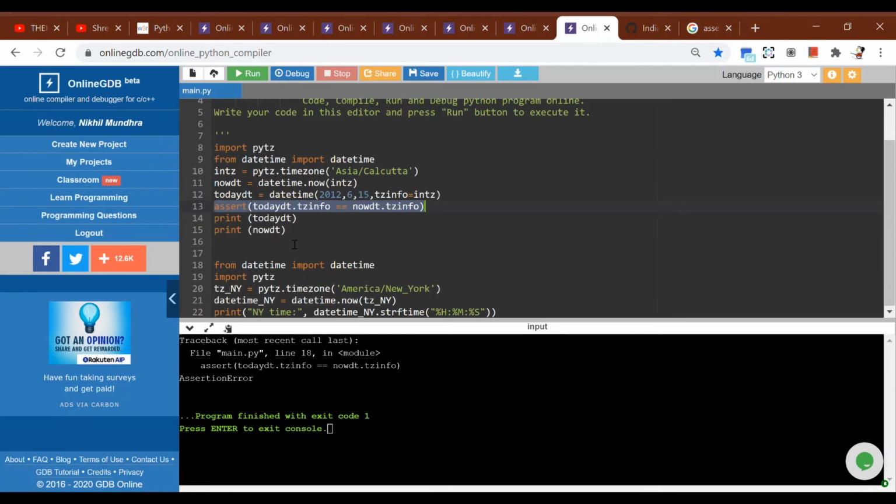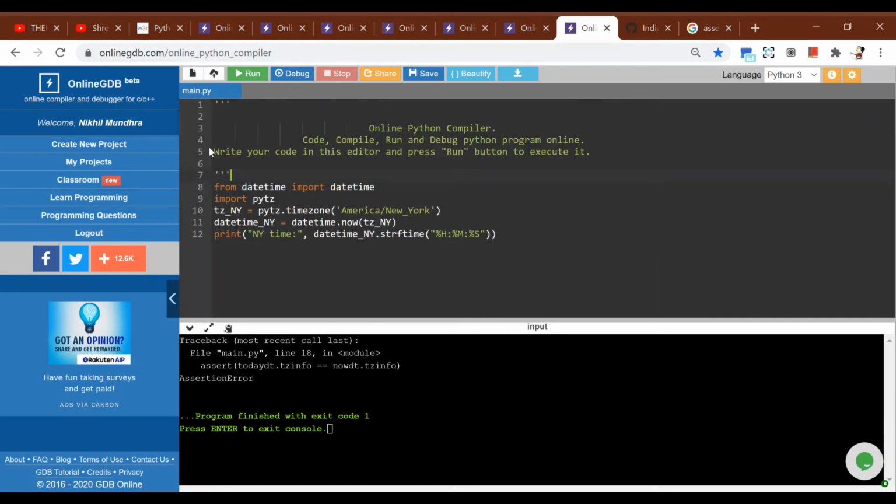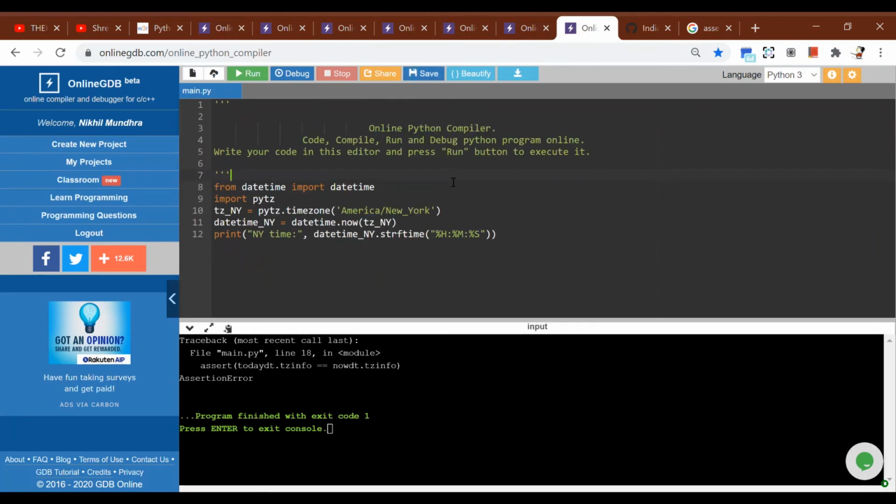Basically your instructions, if they are put incorrectly, or there is some problem with the Python. So I'll just remove it for now. So here it goes. Oh, it's the same code.